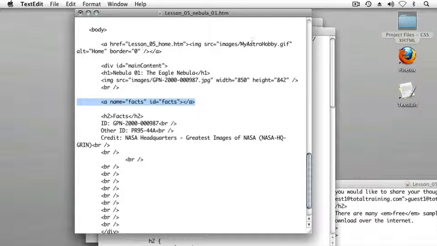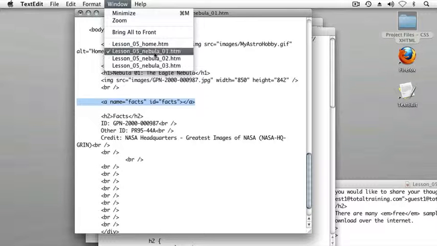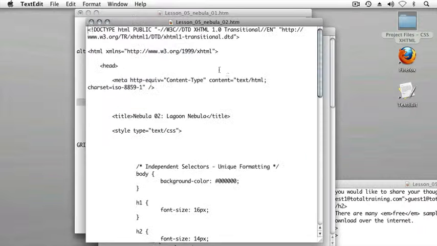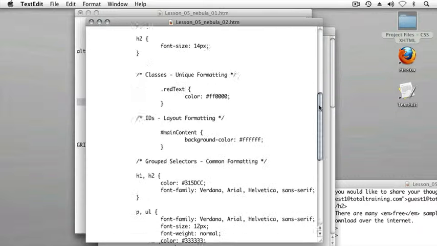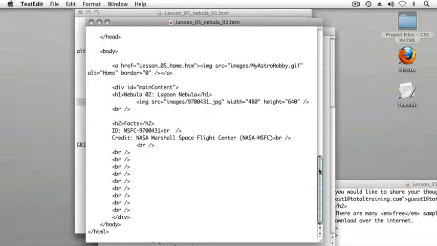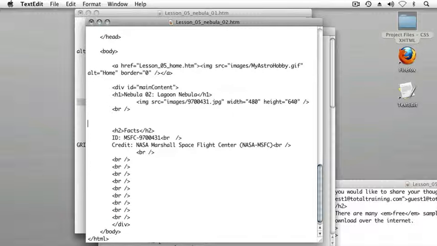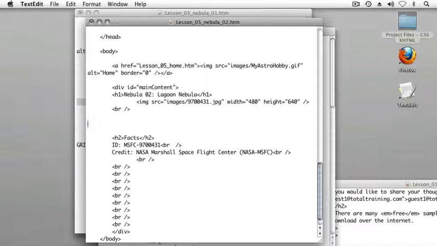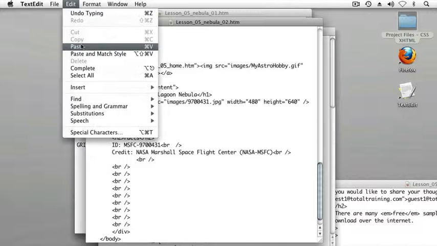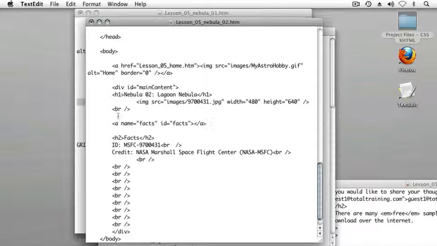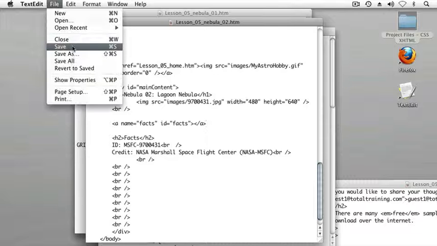And in this case, it's desirable to have them with the same name because the page structure is the same file to file. So I'm going to switch over to my second Nebula image file, and I'll scroll down to the bottom of this growing web page, and I will locate the facts section, and I'll hit the return key on my keyboard a few times, and then from the edit menu I'll select paste to paste in that named anchor that we created a moment ago,